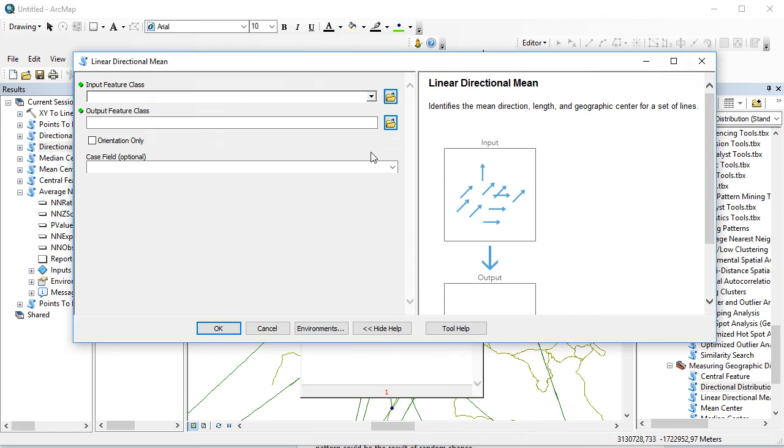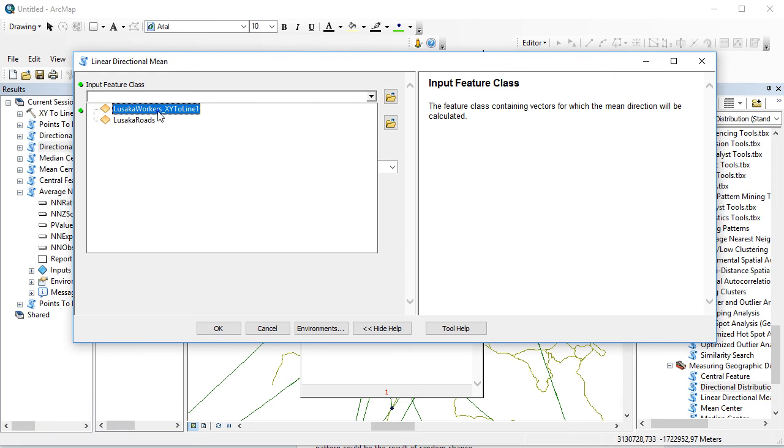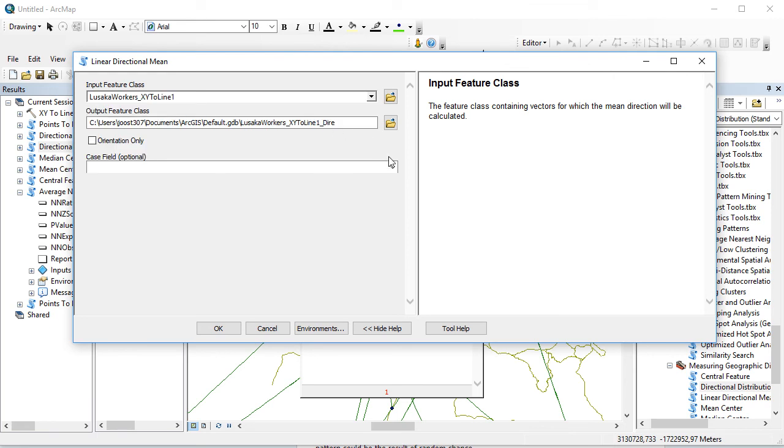The linear directional mean is interesting because it collects the origin to destination lines. And in this case it can be used to create a generalized picture of the angle, the mean position, and the length of the commute. So we can try to generalize and make statistics from any location, trying to find out how they behave in location X. What we had was the Lusaka workers XY to line, and since we had the residentia as being the ID,